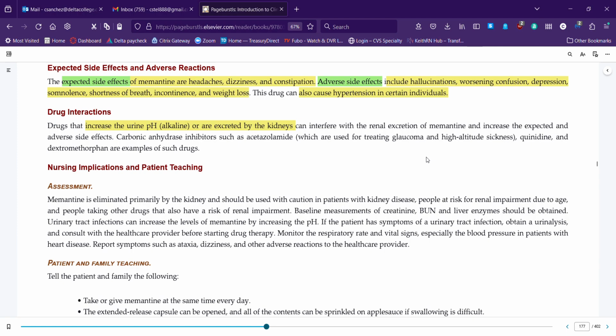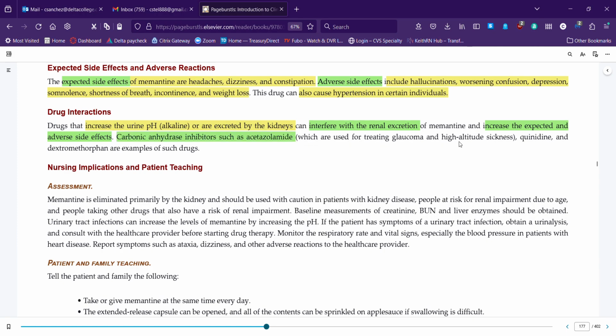So those drug interactions: any drugs that increase the urine pH or are excreted by the kidneys can interfere with the renal excretion of memantine and increase the expected and adverse side effects. So if it's interfering with the excretion, then you're going to have higher levels of the drug in the body. Okay, and if I have higher levels of drug in the body, then it's going to increase the adverse side effects. So carbonic anhydrase